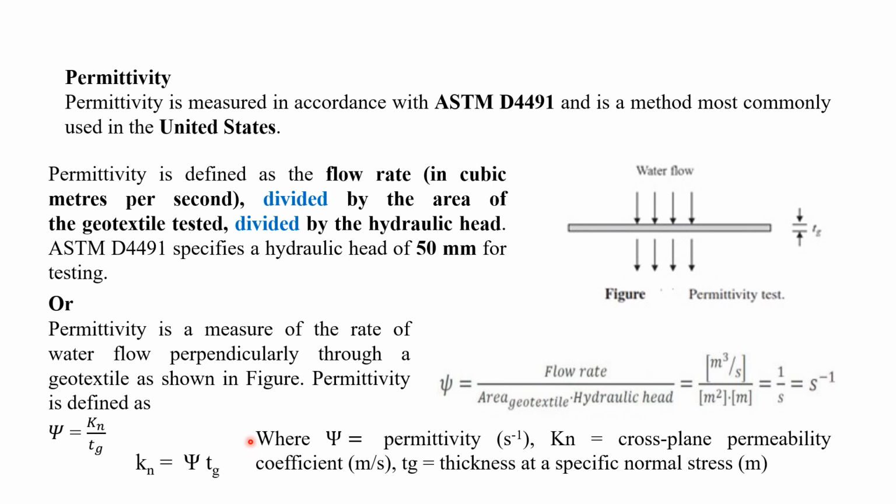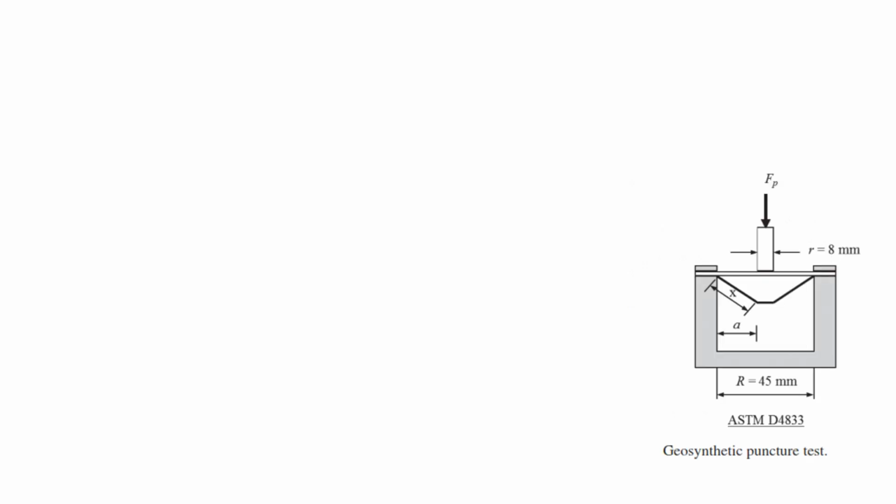So for the permeability criteria we have seen in these slides that some codes use the velocity and some codes use the permittivity. For example, ASTM D4491 uses the permittivity. So these two tests are required to fulfill the permeability criteria. Now next we can see